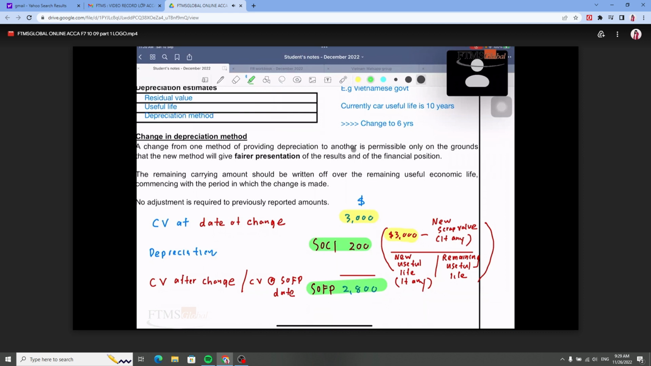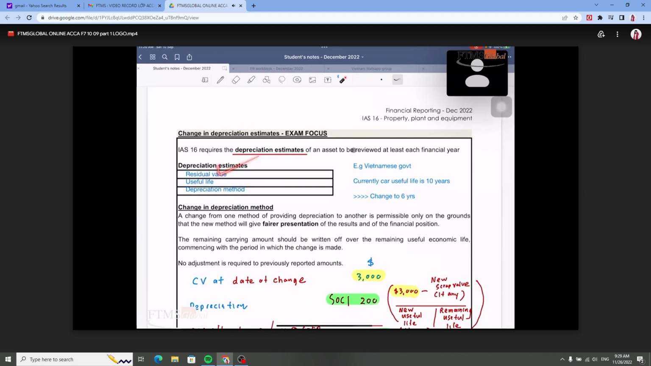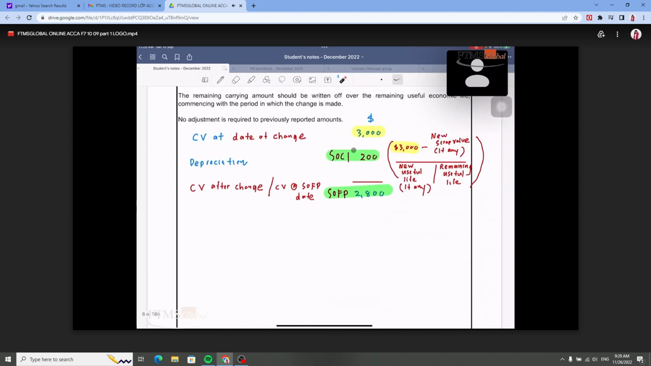Okay, so this is accounting for change in depreciation estimate, right? So these are the steps that you need to do for change in depreciation estimate. If the question mentions there's a change in residual value, change in useful life, or change in method, then you just do this, right? Okay, then next